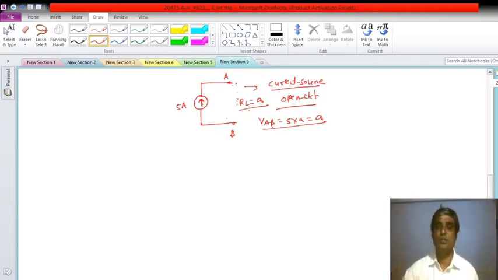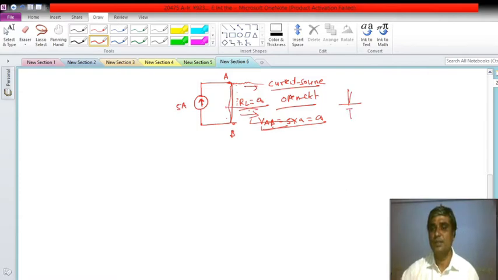So what is to be done when it is in use? You can connect a load for that purpose, or if you are not using the current source, you simply short circuit it. That's it. That will avoid the infinite voltage drop, right? Similarly, for the current source, what you can do?